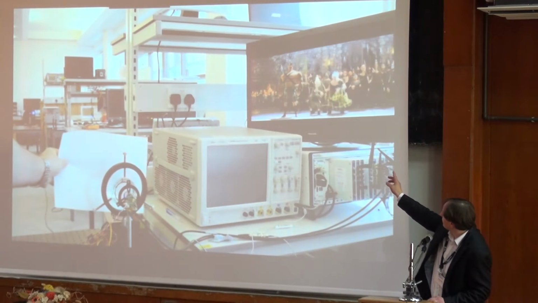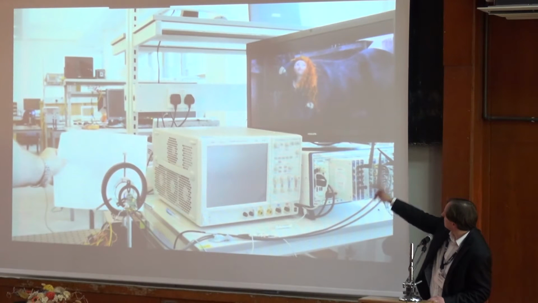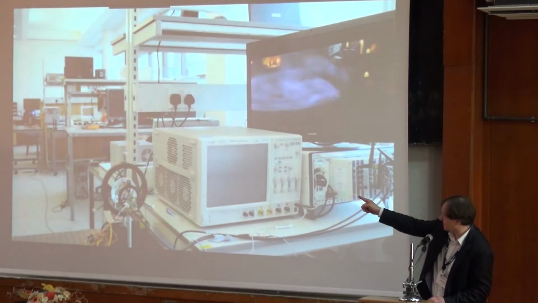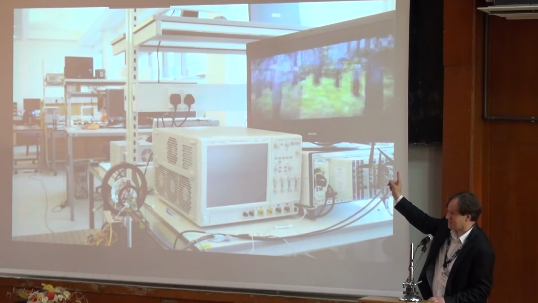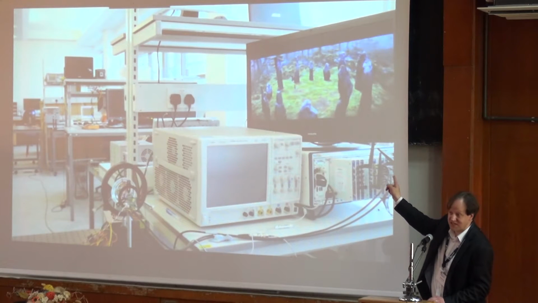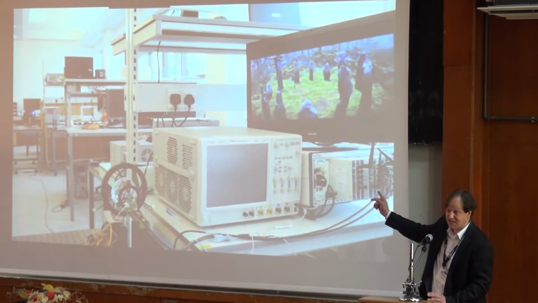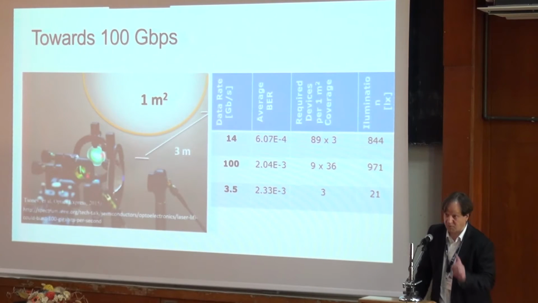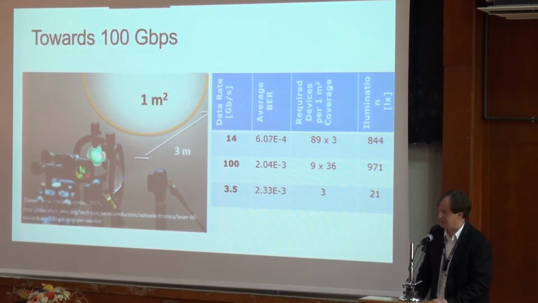definition view we get. So we stop the link, block the link, obviously video will stop. And if we unblock the link, the video from that light source, from that single LED, you would assume that is an uncompressed video, uncompressed, uncoded, plain communication. You see the bit error performance you see with the naked eye is very good. And also at 1.1 gigabit with a single transmitter. It's 4.5 milliwatt optical output power.